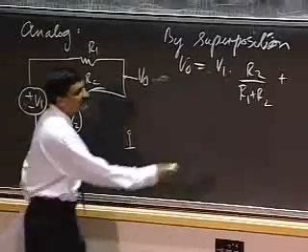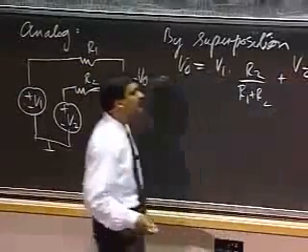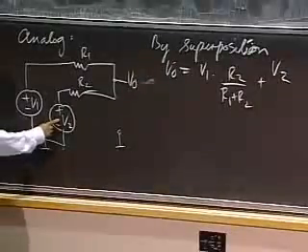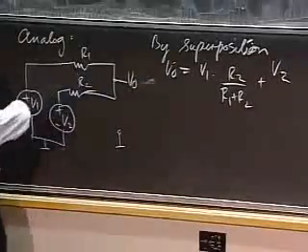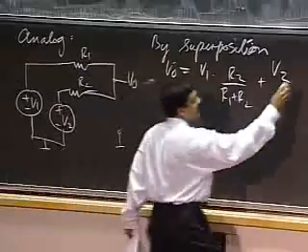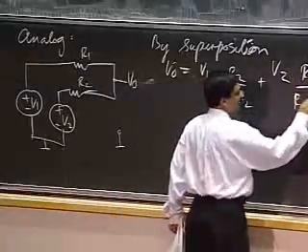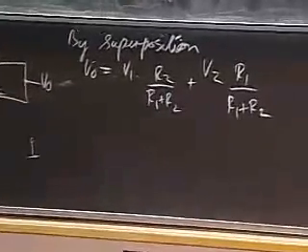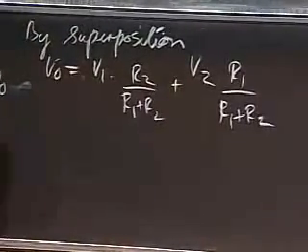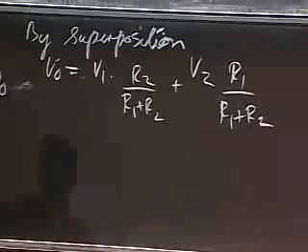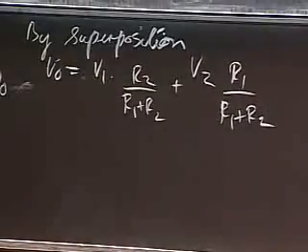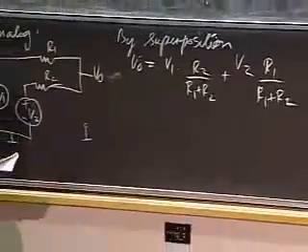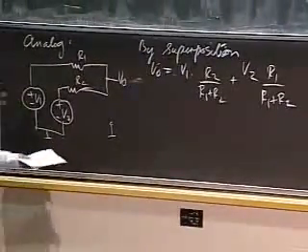Then I can do the second part to look at the effect of V2. What I'll do is short this voltage and look at the effect of this. Now this voltage is across this resistor divider, and so I get R1 divided by R1 plus R2 here. Notice that for something like this, if I'd applied KVL and KCL or the node method, I would have gotten a bunch of equations. But here, I wrote it just by inspection. You should be able to look at circuit patterns like this and write the answers down very quickly.